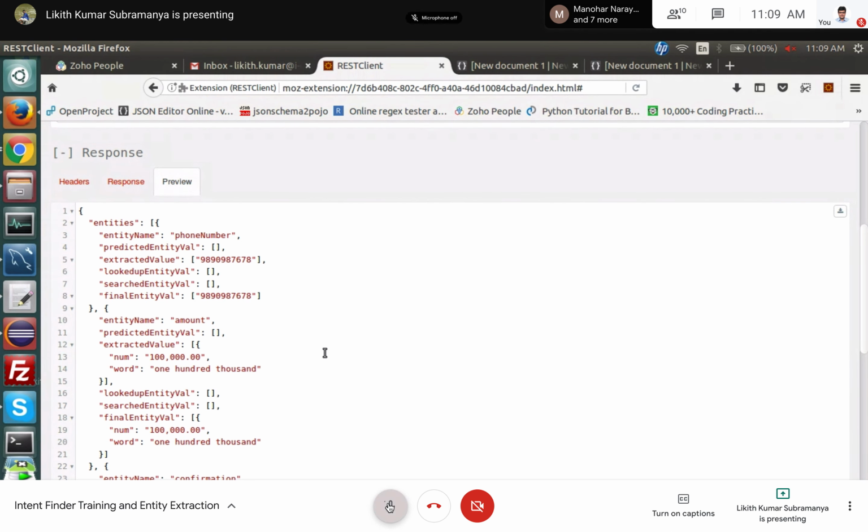So first thing is, based on your requirement, Manohar told me there is a requirement for some menu accessing thing. So you need to identify what the intent is first. When you identify the intent, you need to add the data supporting utterances for that intent, as I told, the training file and testing file. That is the first thing you need to start with.